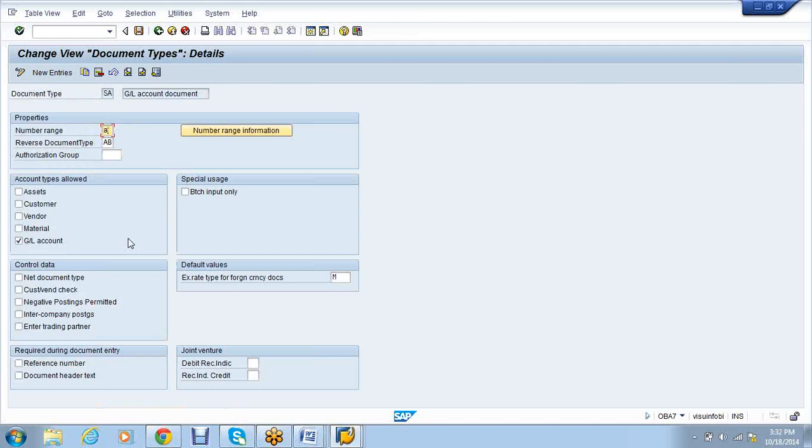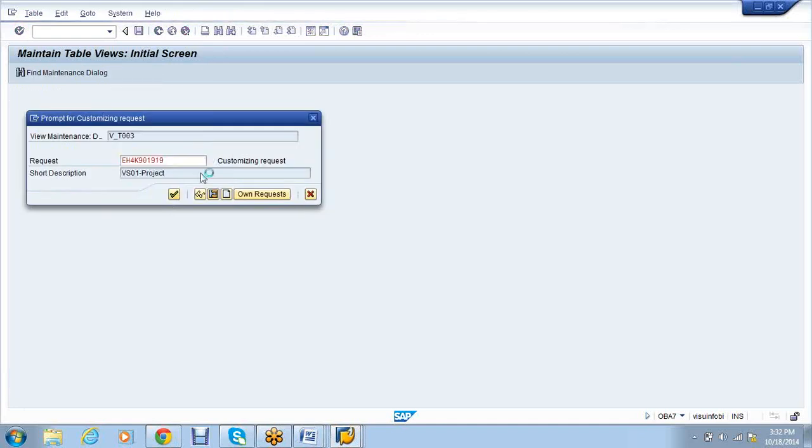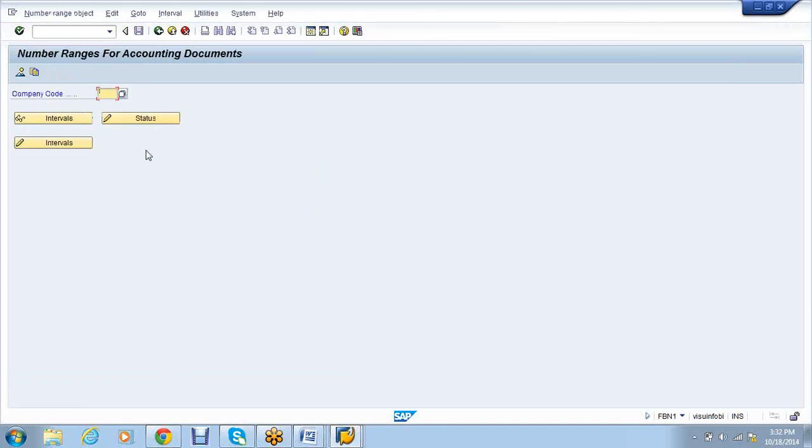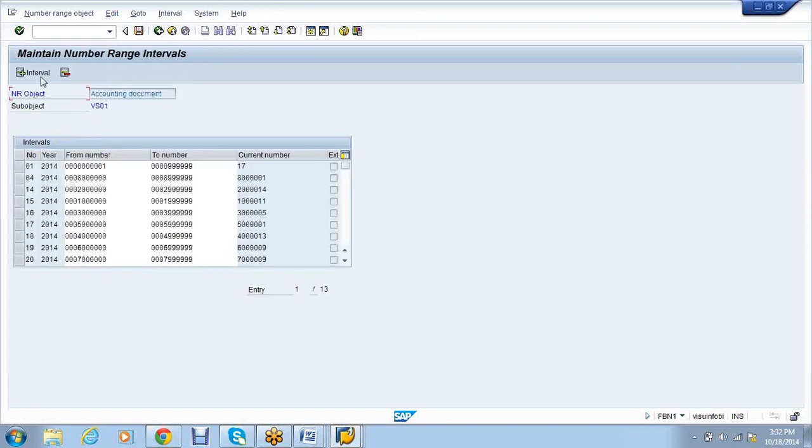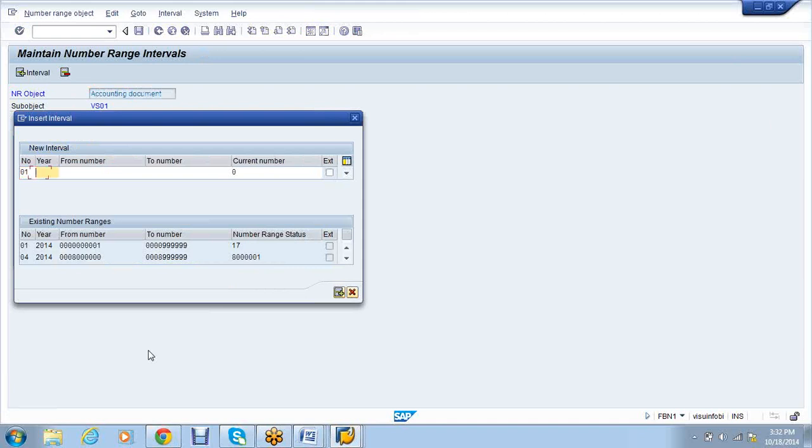Now people sometimes ask why A1? Okay, we can give anything. Why cannot we extend it to 01? That also sometimes we do, but that is not advisable, because if a number range is already used, you have to delete it, then use it. Or if you want to extend, for example, 01 is already there, and I try to give 01 again,